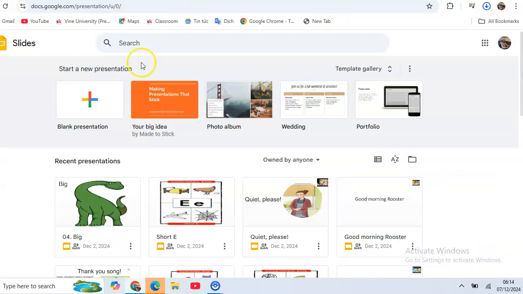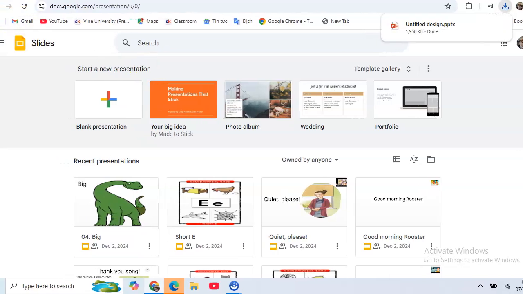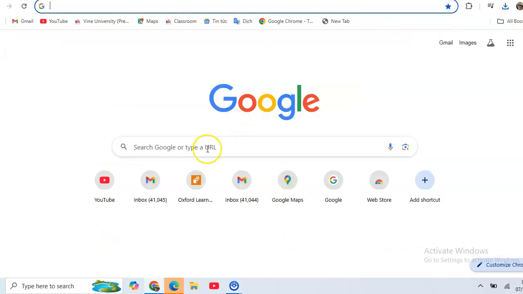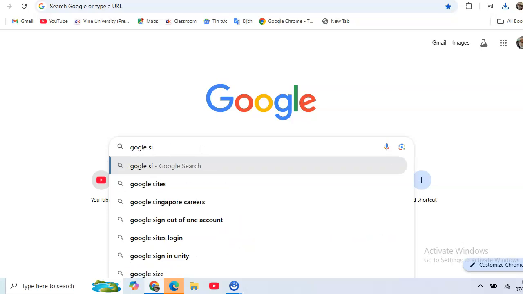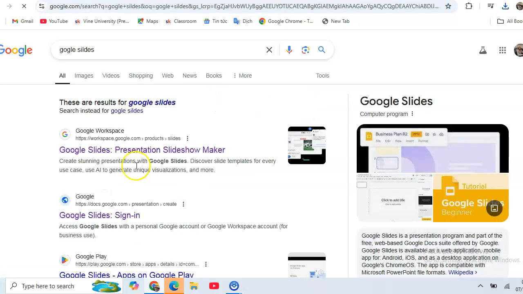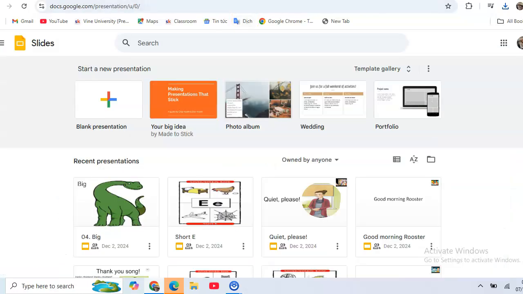And after that, just go to Google Slides. If you don't know how to go to Google Slides, just go to Google and type Google Slides. Yeah, here you can see Google Slides. Okay, when you are in Google Slides,